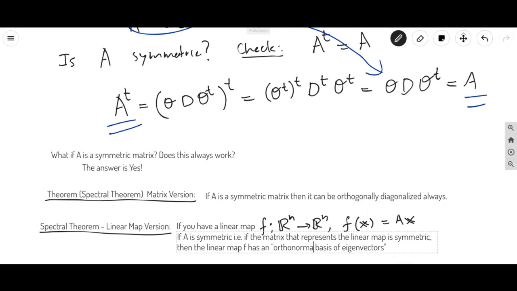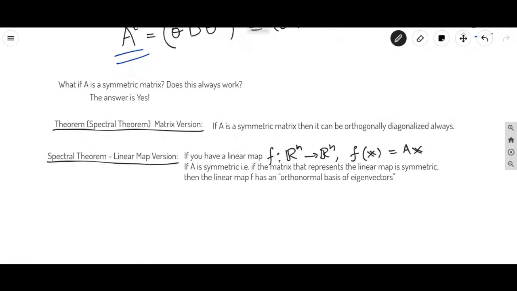Orthonormal basis of eigenvectors. So you can find the basis